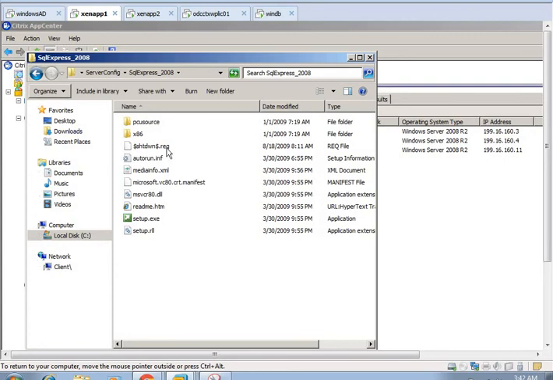This is the SQL Express. If you want to go with the Express version of SQL Server, you need to run this setup on the same server on which you are installing the first XenApp server. At the time of installation, once you go with the Express option, it will automatically install the Express version on the same server.